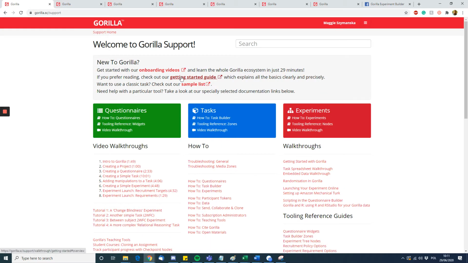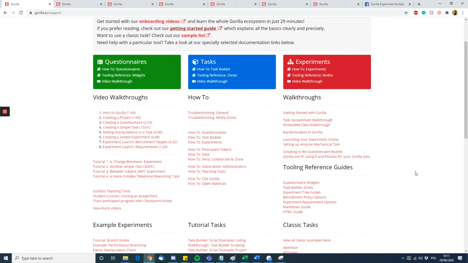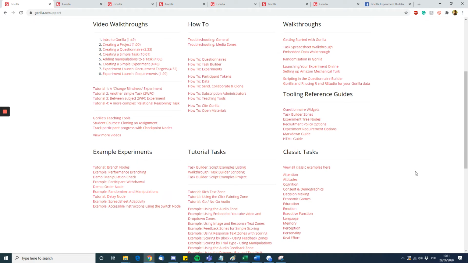However, the Gorilla support page isn't just helpful for people getting started with Gorilla. It's also helpful for most users, even those who have been using Gorilla for years, because we keep on adding new tasks. We keep on adding new zones and there's more options available as Gorilla grows and expands. And so most of the things that you might be looking for might have some answers on the Gorilla support